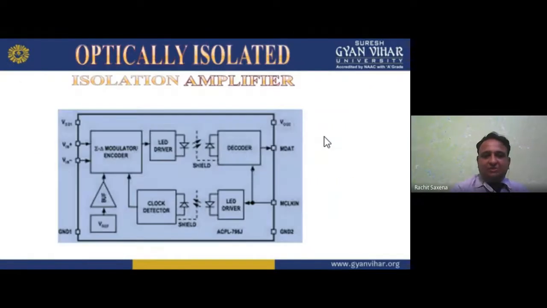Now see, this is the main work, how it works, in a circuit form, in a basically simple form. Here we are getting a biological signal. That biological signal is amplified or encoded into light form. An LED driver is there which lights it. Each section needs a battery, and we have a clock detector and battery. Then we have the LED. Then we use the decoder system, and we make optical isolation between these two, because we have optical signals, so we make optical isolation between the decoder and the output.